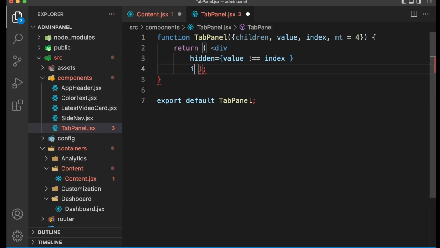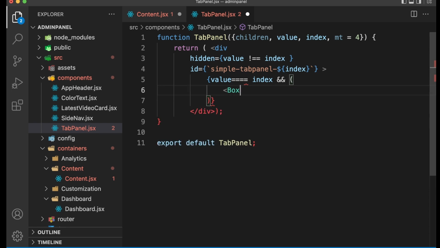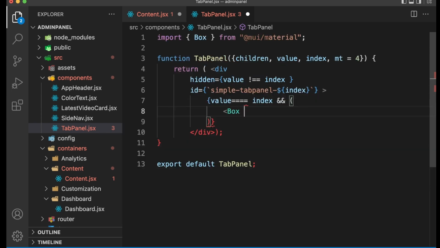So yeah, hidden ID should be, for example, simple tab panel, and then we can include our index here to be unique. So let me change it to this so we can use this syntax here, and then we will have our content. First, let's check if value equals to index, then render the content for me in a box. SX, let's apply margin top,